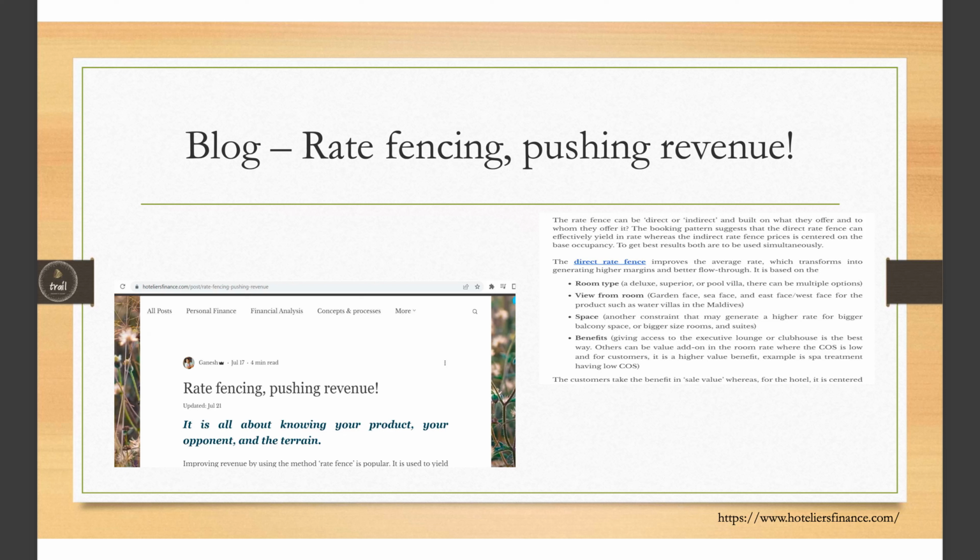So again, fencing, direct, indirect, volume strategy, price strategy, a fine mix-up to reach the higher margin to fill your hotel. I have a blog on my website,